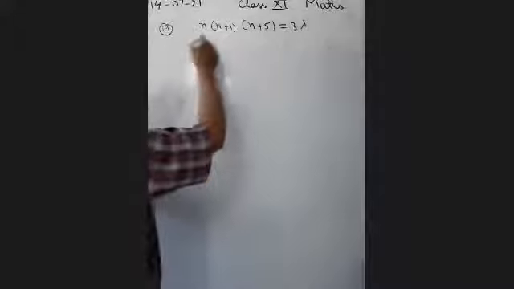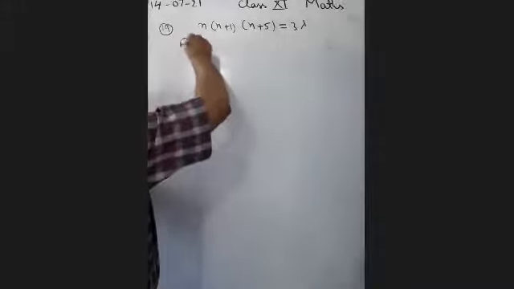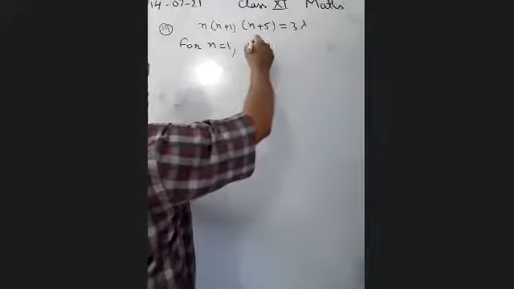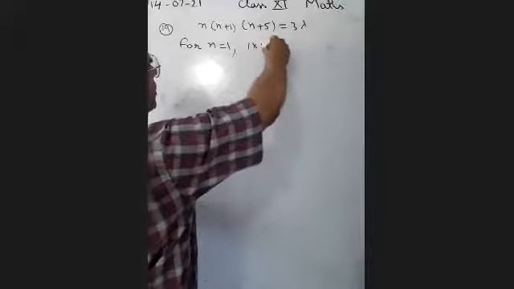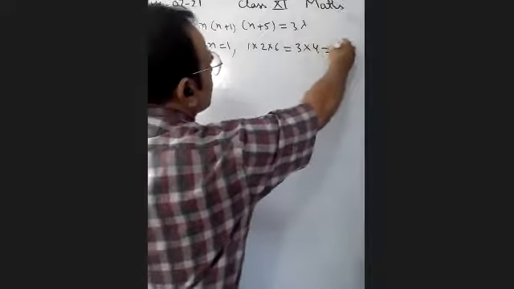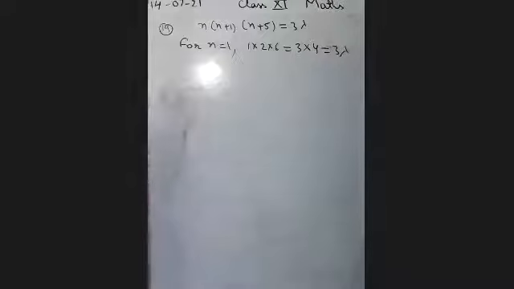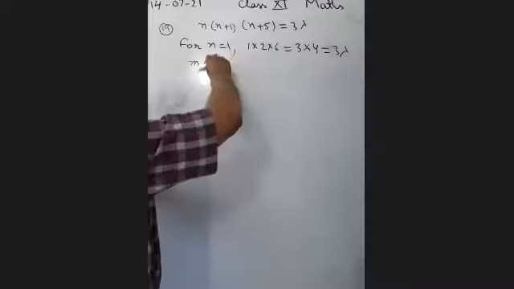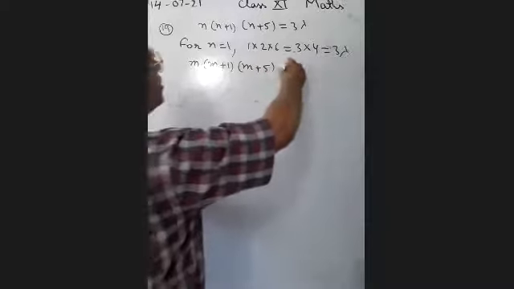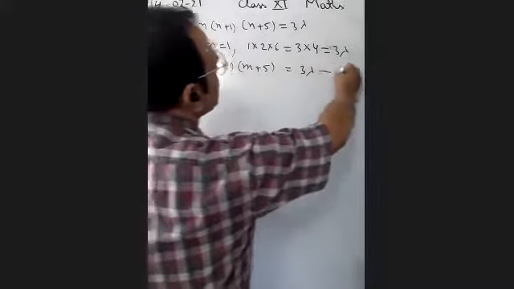So first of all, for n equal to 1, if we put here 1, है ना, 1 into 2 into 6 यानी कि 12 हो गया, 3 into 4, यानी कि it is in the form of 3 into lambda. यानी कि it is true for n equal to 1. Now for n = m, m(m + 1)(m + 5), ठीक है, in the form of 3 lambda, we are assuming it is true.